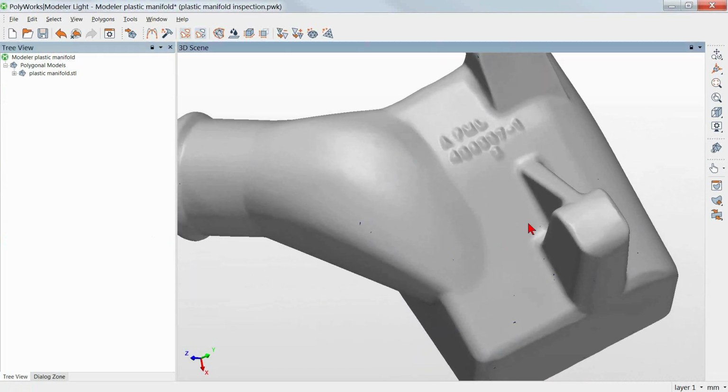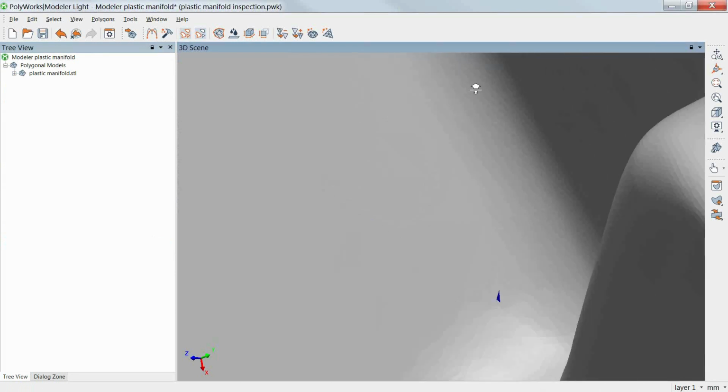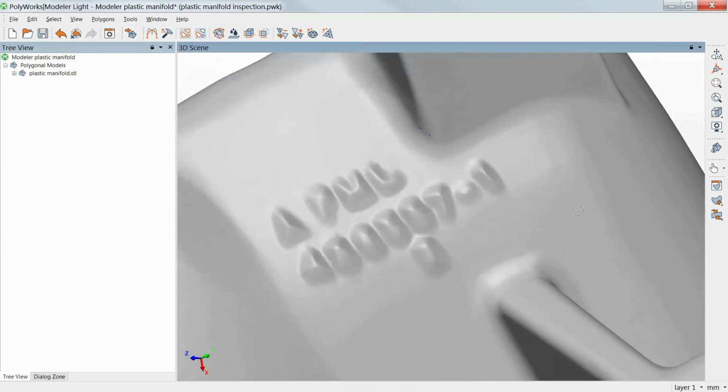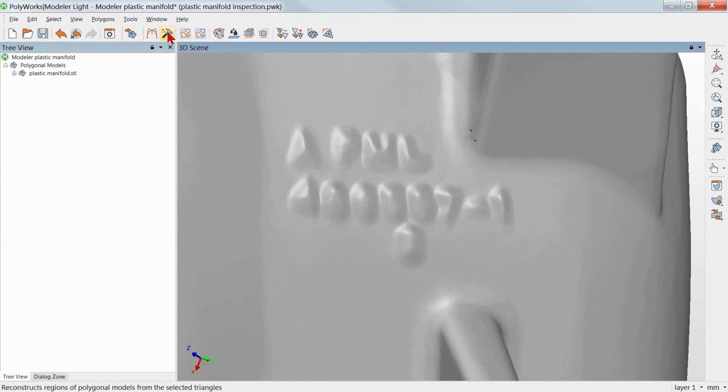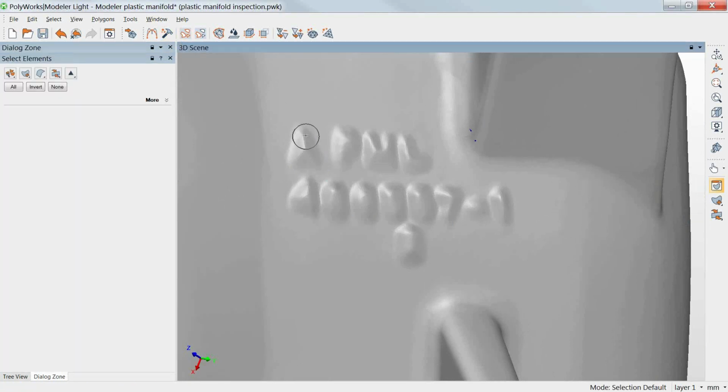Now, the next thing available for us is what we call the Reconstruct Mesh icon. That's this one up here that has the stars with the hammer. When I'm teaching this, I call this the magic hammer. And the reason I call it this is when we go through, one of the things that we would do